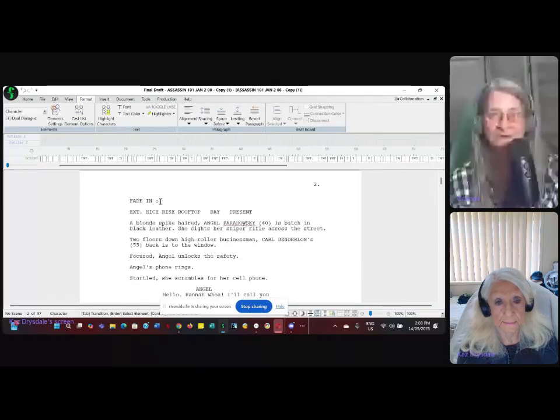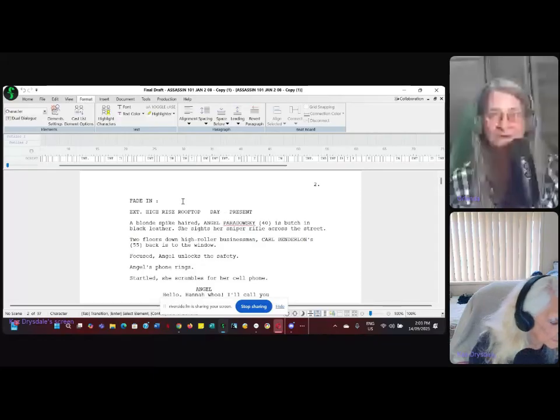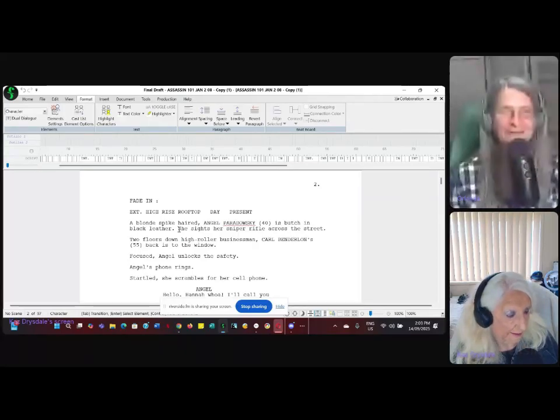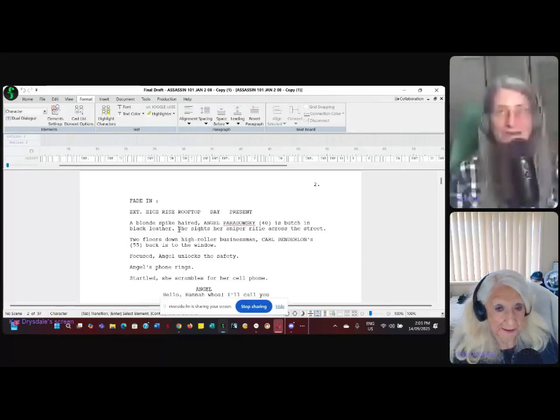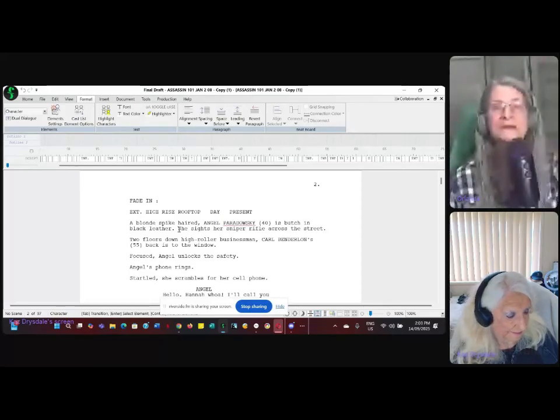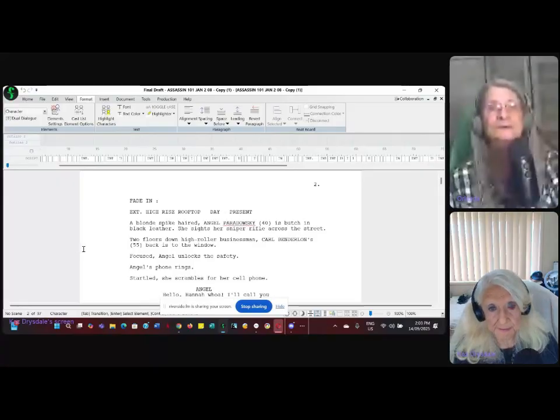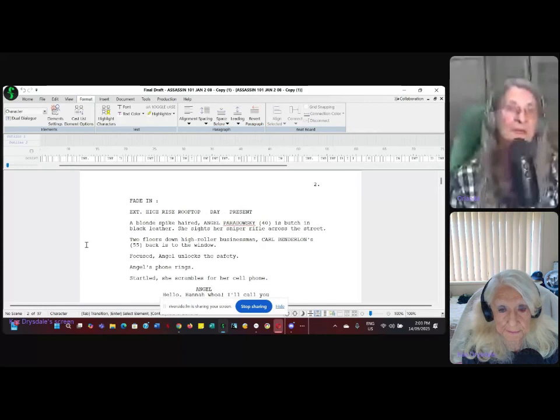Okay, now, right here, fade in. Nothing starts until you fade into the movie. That's literally the first thing. You can't get away from that. If you don't fade in, nothing happens. In the second line here, we have exterior, high-rise rooftop. It could be interior, but it couldn't be rooftop.